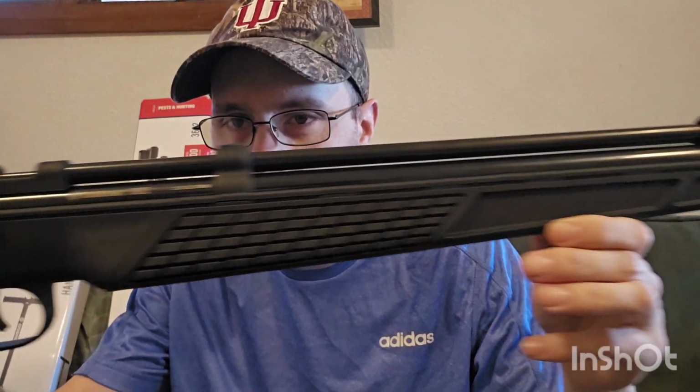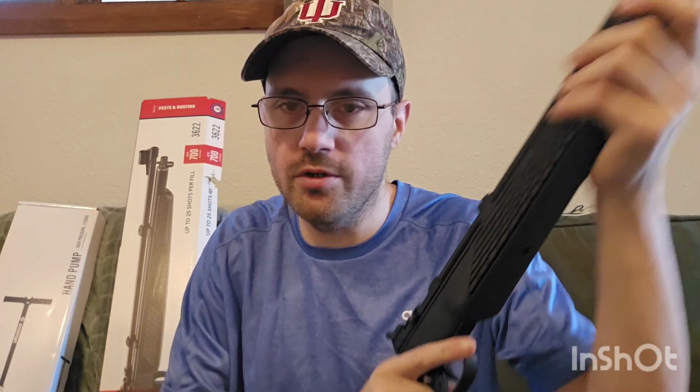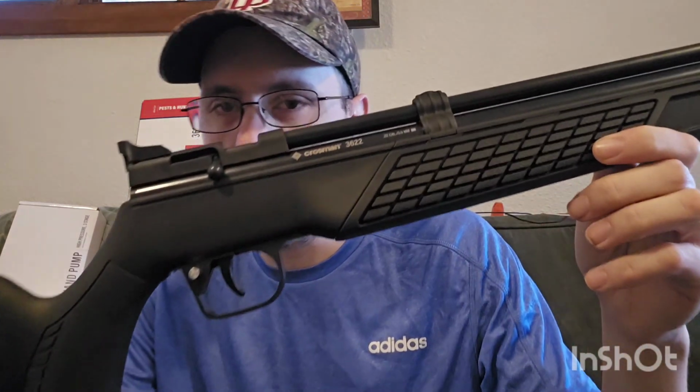It does have 2 plastic barrel bands on top, as you guys can tell, free floating barrel. When I shot this thing last night, I really liked it. Seems super accurate so far. I believe this is the Crosman